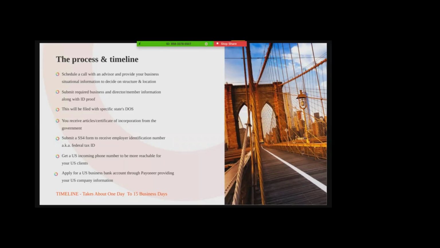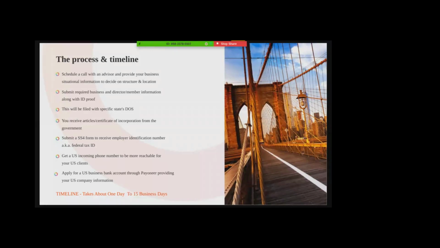And the next one is that it's always preferable to have a US incoming phone number, so that you are more local to your American customers. That plays a very crucial role. Since I worked in the US for so many years, I know that we always prefer a vendor who is in America rather than in India. If they have an entity in the US, that would be a good option, and if you have a phone number also, it's even better, so that we can reach the customers easily.